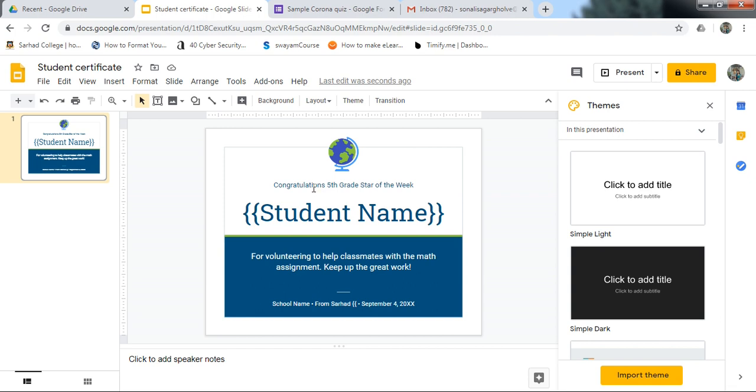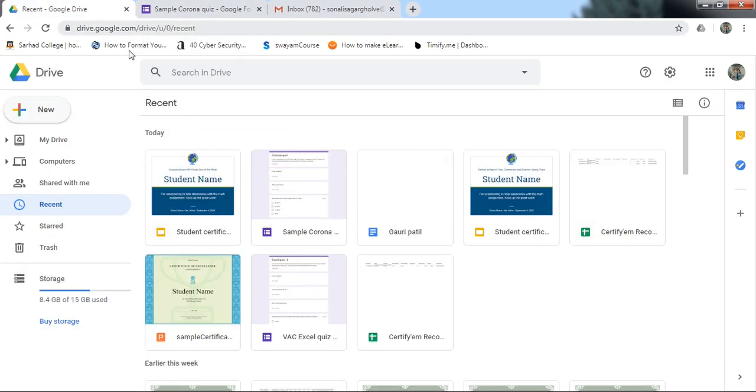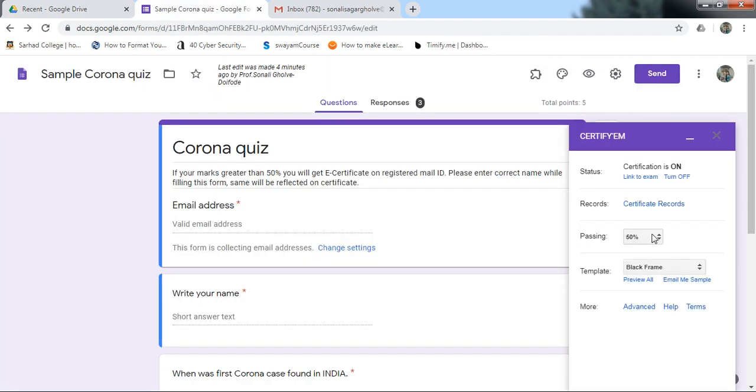I am just showing how to create it. I will explain it in detail in the next video. And save this certificate. Click on this certificate, student certificate, and give the name and save it. Okay, we are using Google Drive, so it automatically saves on your drive. You can use this, or you can use a ready-made template.